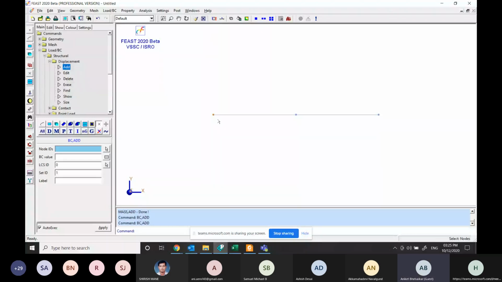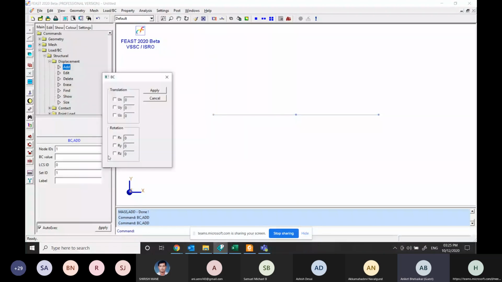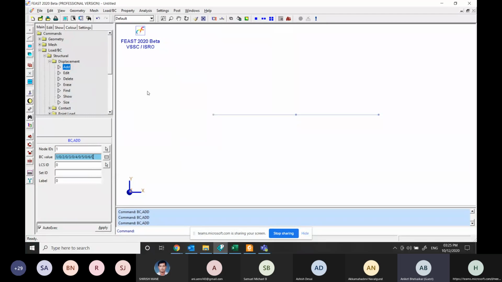I'll select this first node where we have to apply the boundary condition, and in the dialog box, you can erase all degrees of freedom, 3 translation and 3 rotation. I'll click on apply. So the boundary condition is also added.